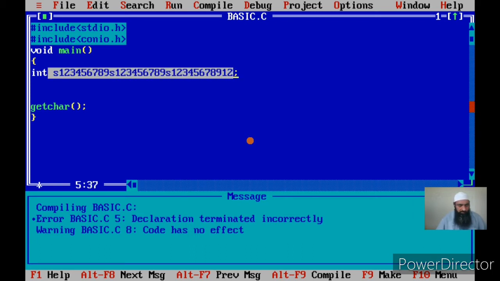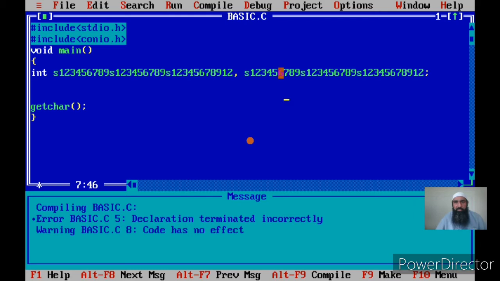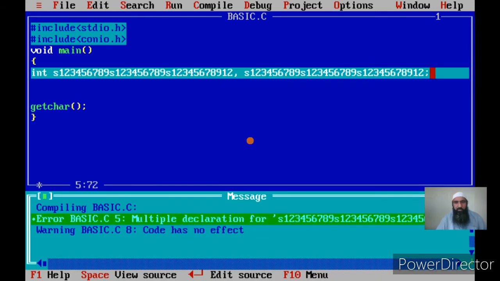Variable name again. Now I have got two variables with the same name. Let us see if this is allowed or not. Let me compile. There are errors. What is the error?